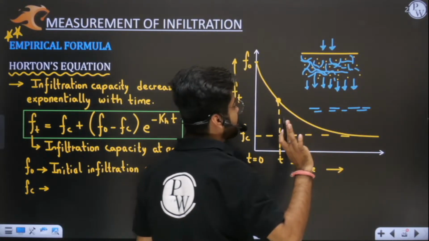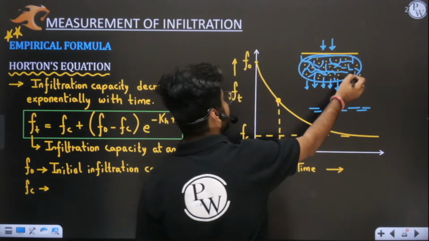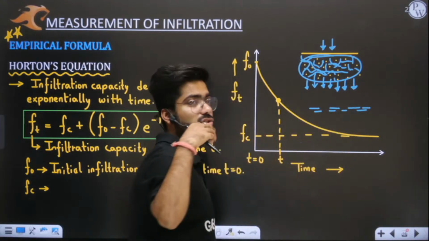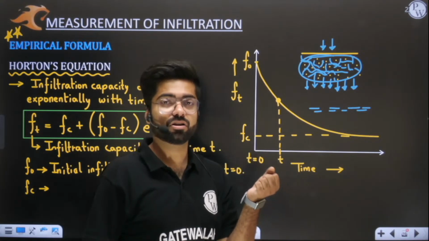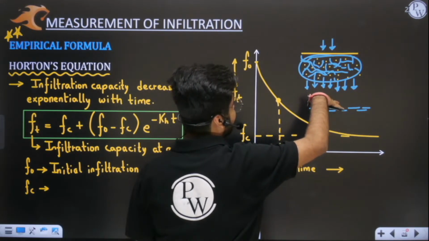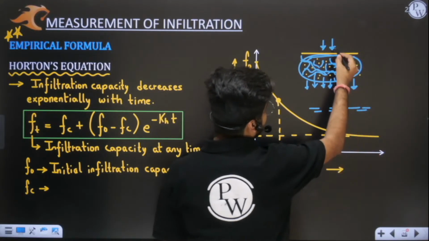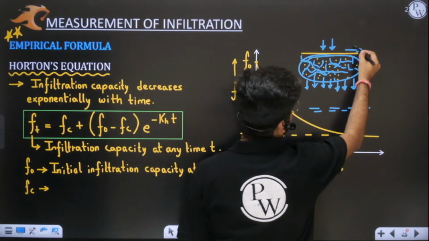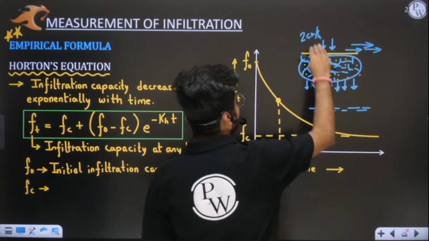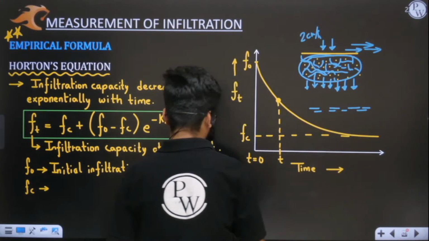So steady state will be reached after a certain period of time, when all the voids here will be saturated. But initially when your voids are not saturated, at that time storage, or you can say your soil moisture, is being replenished or recharged. Okay, so after a certain period of time, water will come, infiltration will take place. Whatever water will come, infiltration will take place at a constant rate. And the remaining water which cannot go inside will be running off. Let us say 2 centimeter per hour is the constant rate, which means 2 centimeter of infiltration is happening, and that 2 centimeter is leaving and joining the groundwater itself. I hope this concept is clear to you.